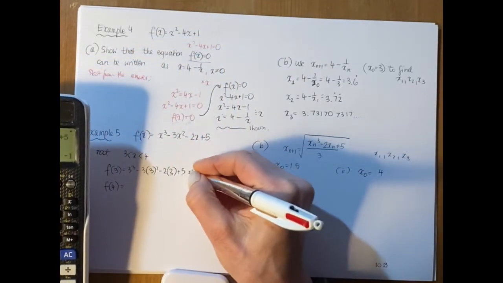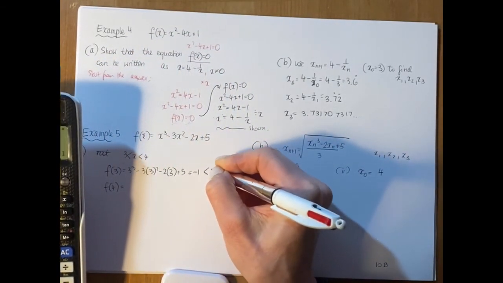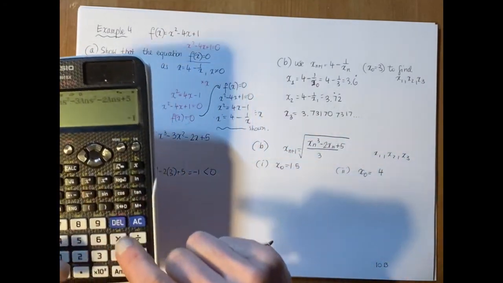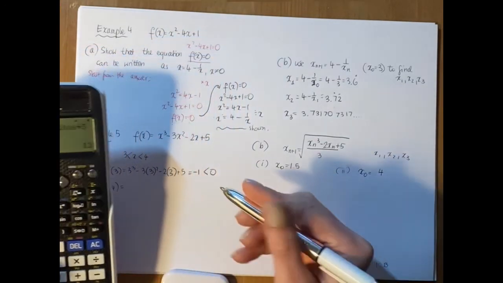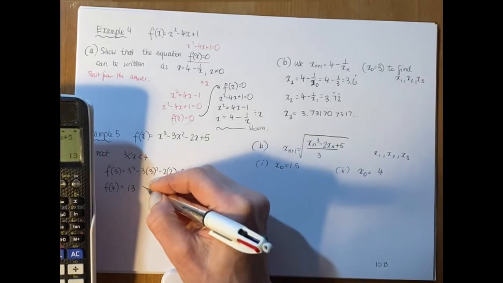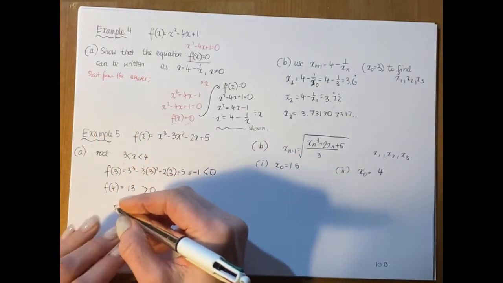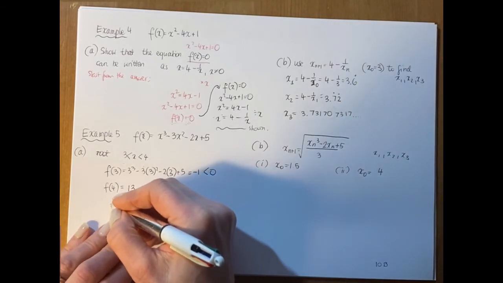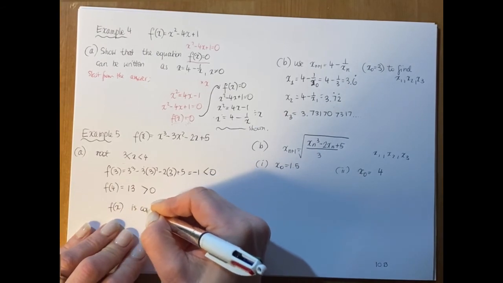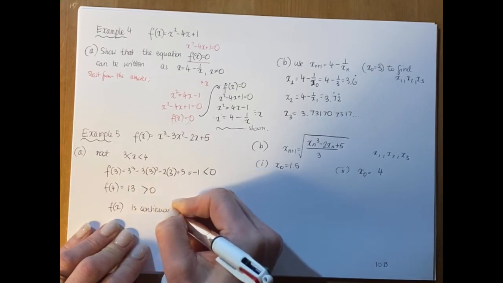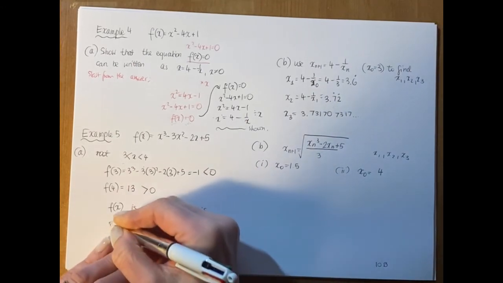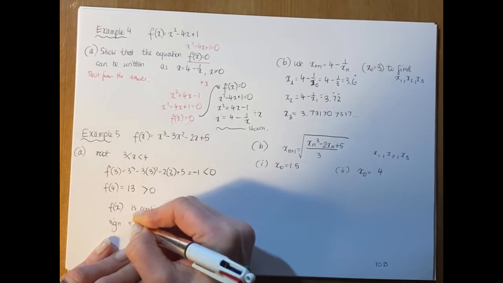Okay, so the first answer is minus 1. That's clearly a negative. Let's put 4 in. So put 4 equals, then scroll up and make it work it out to give you 13. That's clearly greater than 0. So what you want to write down, you could say f of x is continuous. There is a sign change,